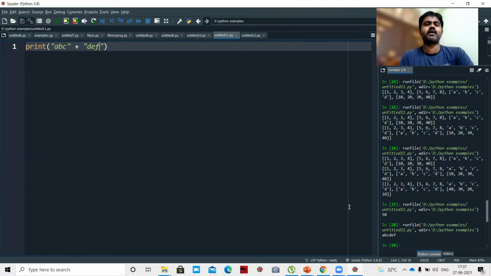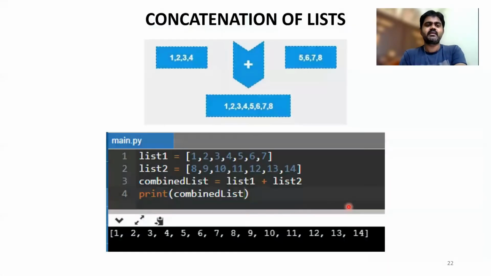So here is the same operator plus. One use is addition, when both are integers or floating point numbers. When both are strings, it is used for concatenation. The same thing applies for lists as well. So how to concatenate two lists?